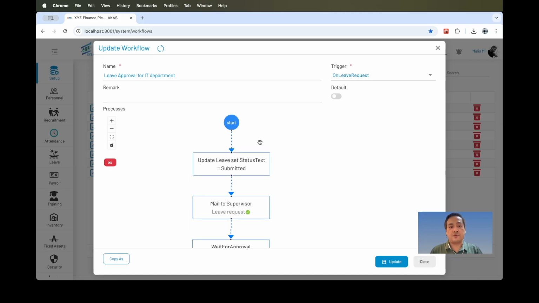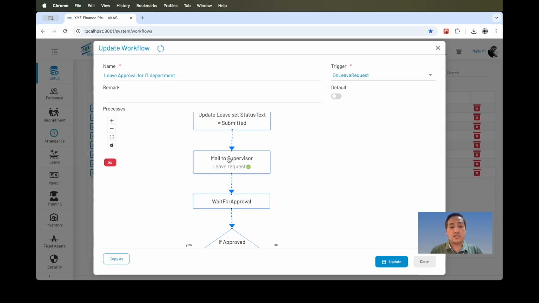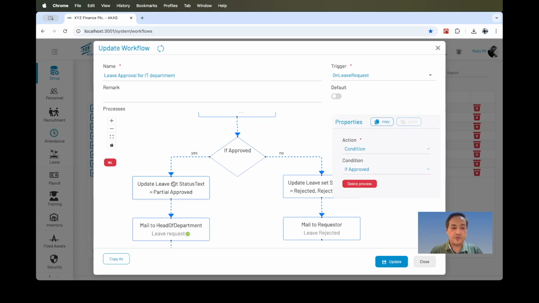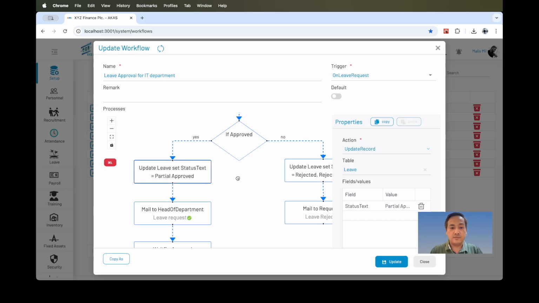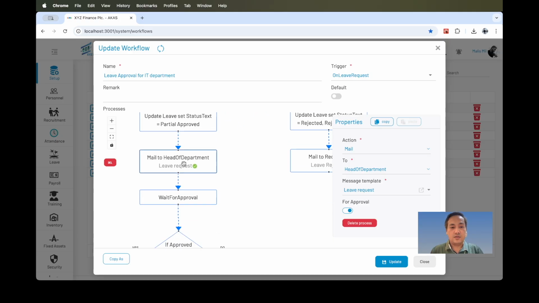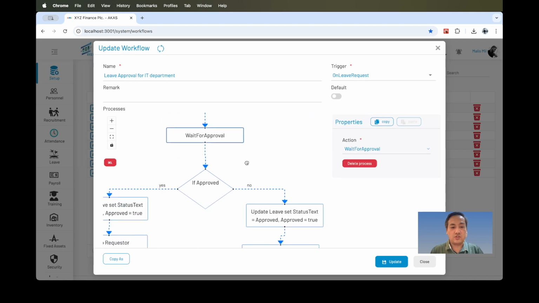So now let's review. The flow starts with this trigger and it updates leave, sets status to submitted, and then it sends an email to the supervisor. Then it waits for approval. If approved, update the leave status text, send email to the next layer and wait for approvals.